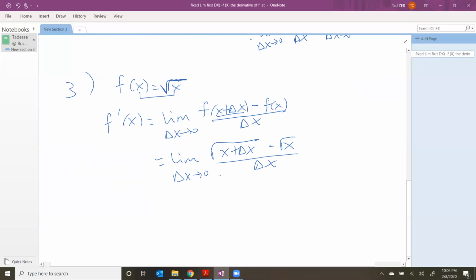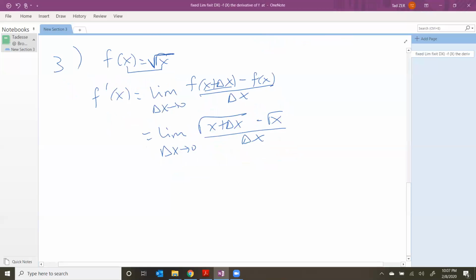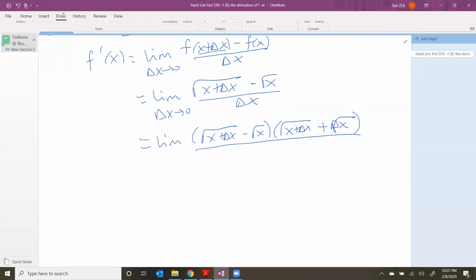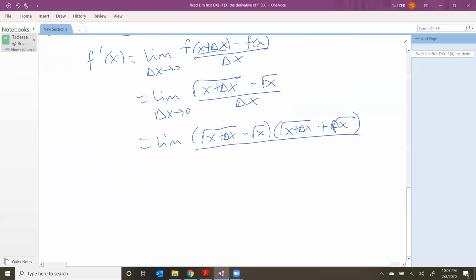Now, how do you find the limit of this? If you remember in the previous videos, we did a similar example. If you want to find the limit of an expression involving radical, you have to rationalize. In this case, we are going to rationalize the numerator. Rationalizing the numerator means you multiply by the conjugate. So let's do that. Radical of x plus delta x minus radical x times radical of x plus delta x plus, that's what the conjugate is, radical x,